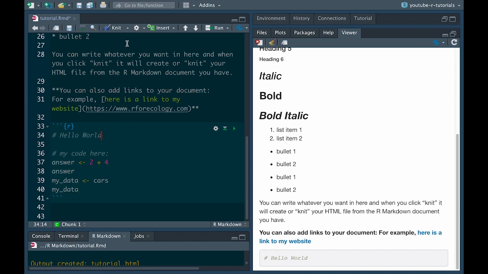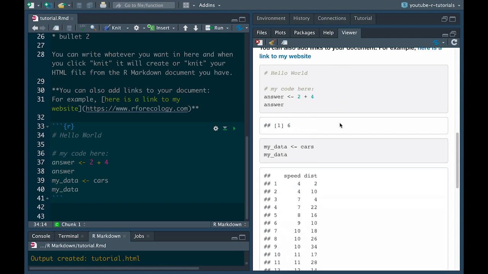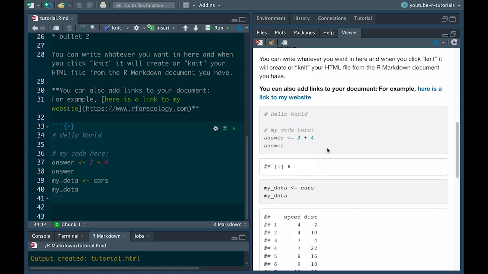So now, if we knit this and scroll down, we can see that the code chunk has actually been split into every code chunk that has an output. So here is where we wrote answer is 2 + 4, putting that into the variable answer. And then when you run just answer on its own, it creates an output. So now we have this second box under here that shows you the output.